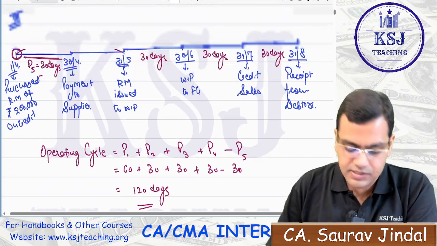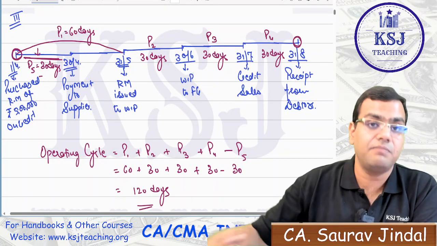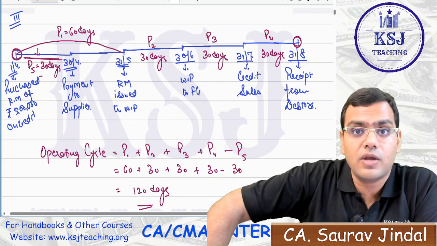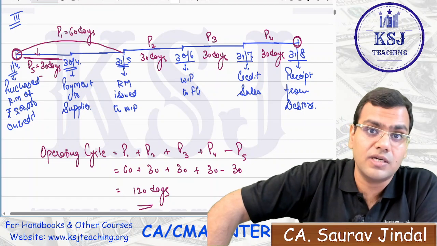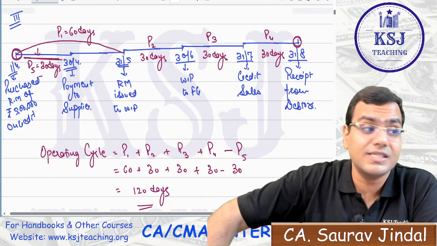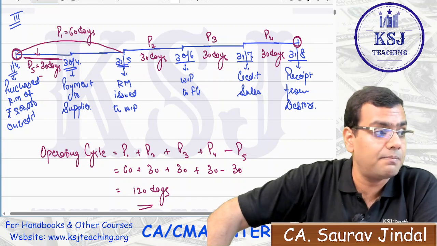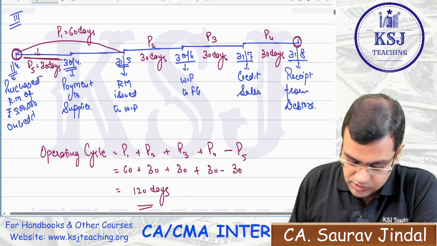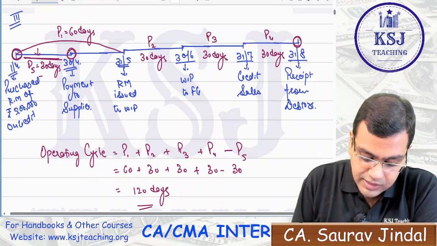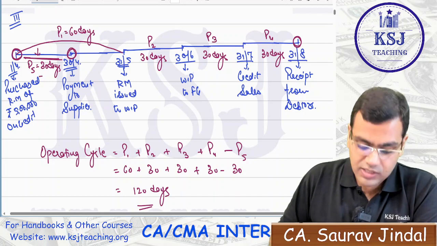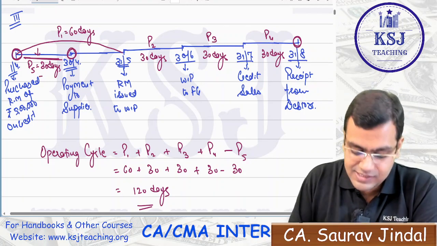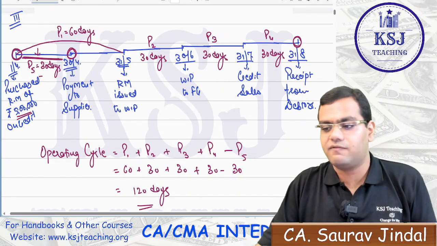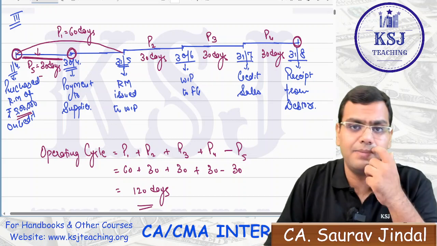Now, what does it represent, sir? Why are we subtracting this P5 period, the credit being allowed by the supplier? Because, sir, from our pocket, when is the amount being invested? From our pocket, the amount is not getting invested on 1st of April. From our pocket, when is the amount getting invested? This amount is getting invested on 30th of April. So that is why we have reduced the operating cycle. This 5 lakh rupees, during this period of 30 days, is still in your pocket. You can use it for any purpose, right?